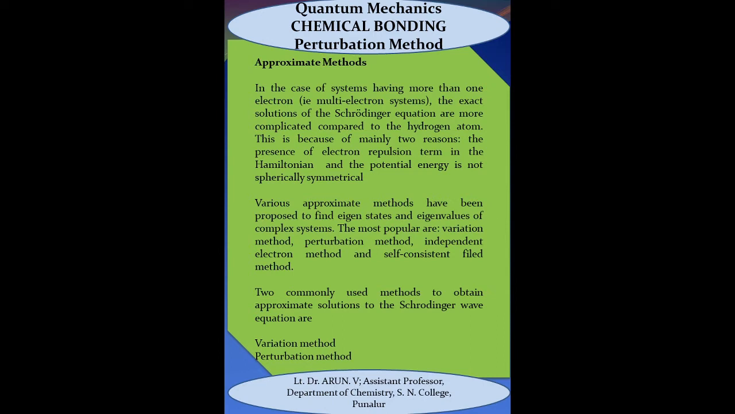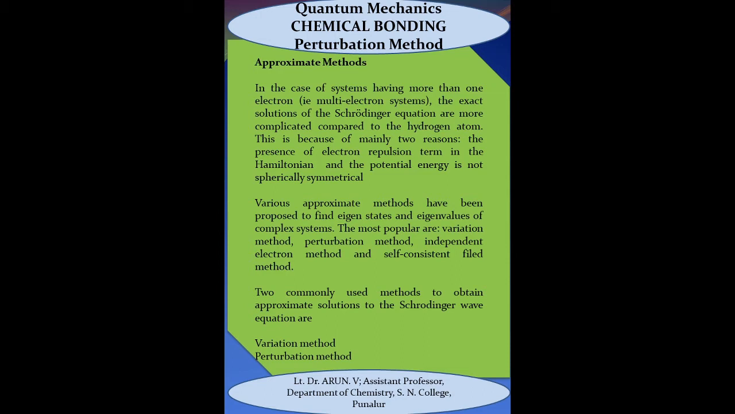In the case of systems having more than one electron, that is, in the case of a multi-electronic system, the exact solution of the Schrodinger wave equation is difficult. This is because of mainly two reasons. That is, the presence of electron repulsion term in the Hamiltonian that causes the solution to become difficult. Another one is in the case of